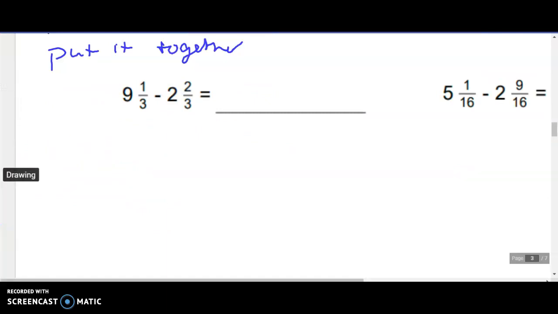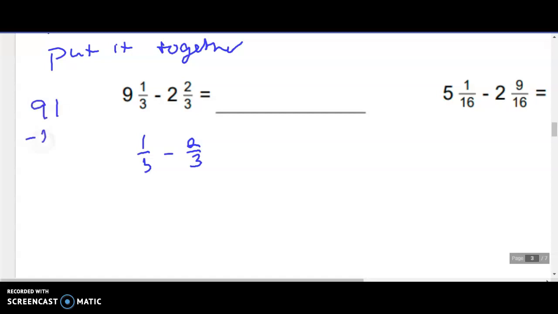This is where students really stress out, is when they have to borrow. So you have to do here, it's 9 1/3 minus 2 2/3, so it's 1/3 minus 2/3. But you cannot do 1/3 minus 2/3. And I know that we can get a negative number, but we're not going to do it that way, okay? What we're going to do is we're going to do just like we would if we were adding, or if we were subtracting